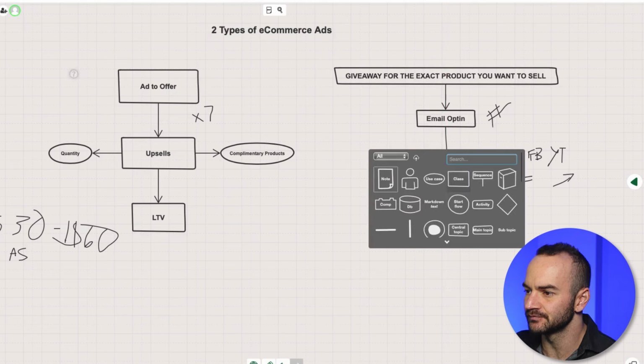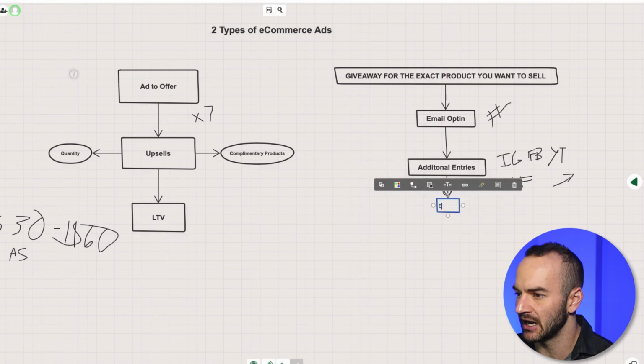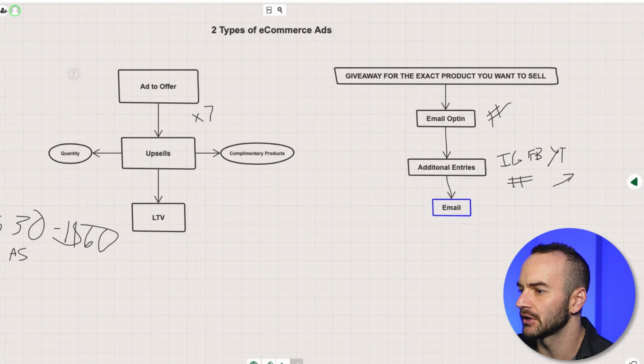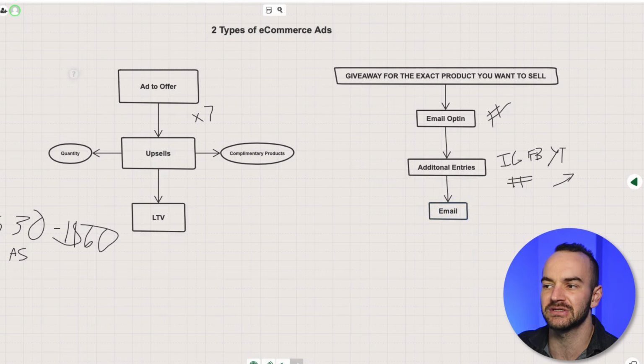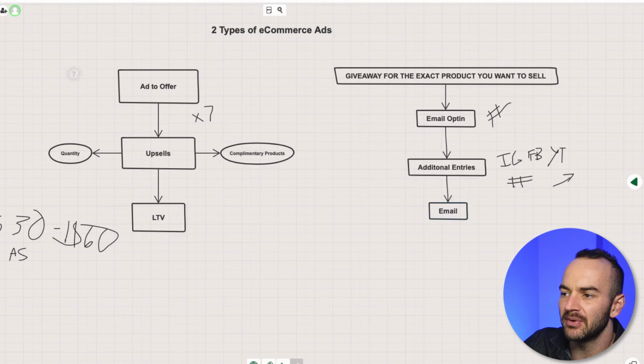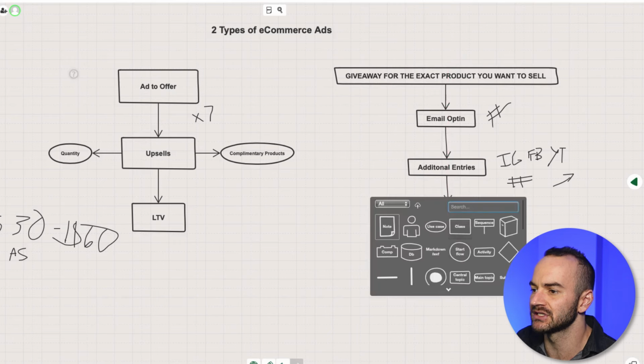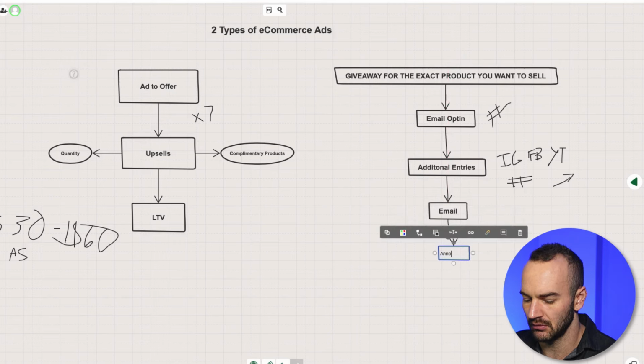Then what you do is between the time that they enter the contest, but before we've announced the winner, you're going to email them some information about your company, about your product, so they are completely aware of all the problems that it solves and why they'd want to go with your company versus someone else. And then we're going to announce the winner